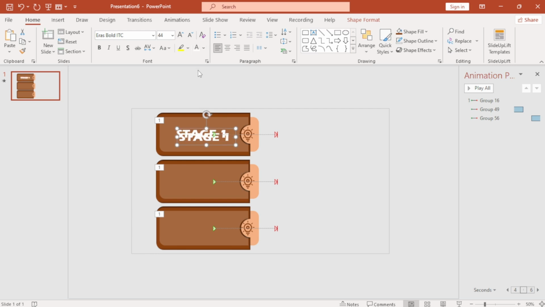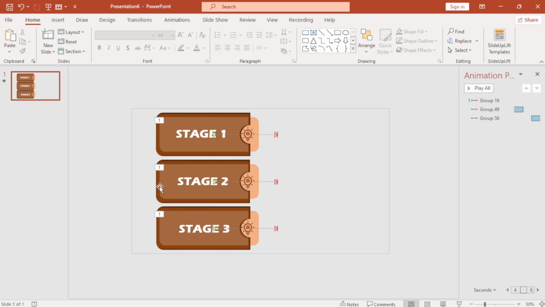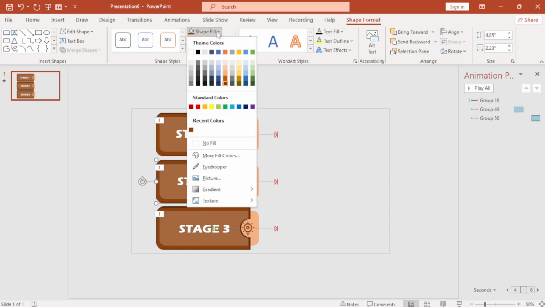Ctrl D, bring it down here, another Ctrl D down here, then change it to 2, and change this one and make it 3. After that, the next we do is come here, go to shape format, select the color, and make